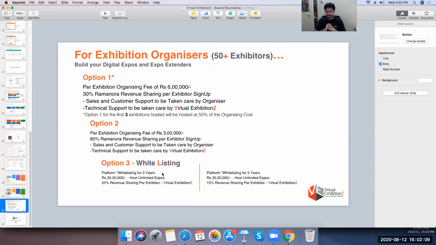Prasad, will this be hosted on our website or our cloud, or on yours? How does it work? We would be hosting this on AWS cloud. From exhibition to exhibition, we increase and decrease the size of our servers depending on the amount of exhibitor input that is going to come in. That's why I said scalable. If you have a number like 1,000, we can scale it up, and after the exhibition, if there is a gap of 1 or 2 months, we can scale it down if required.